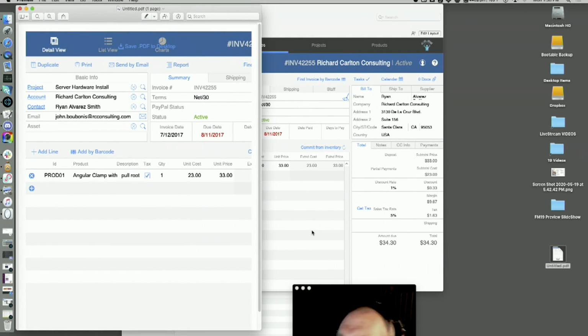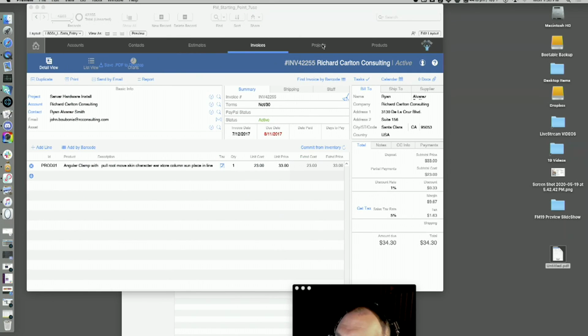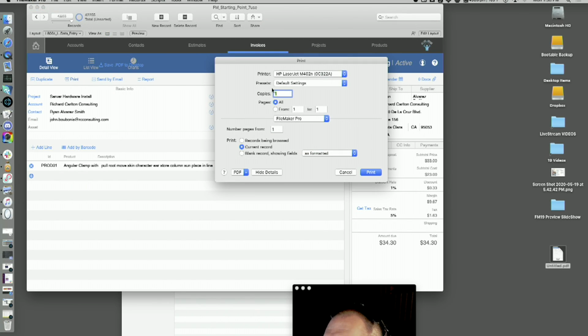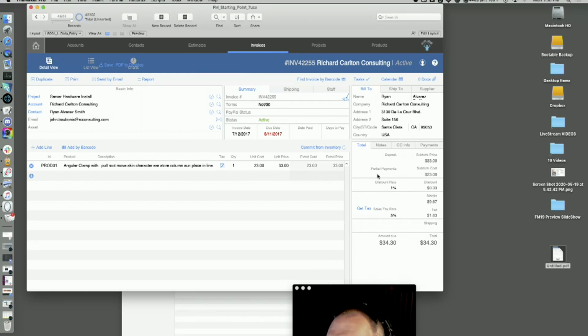Does it work? Yeah, technically great. Is it beautiful? Not so much. So what you do is the same idea with a report as an invoice. You can follow this process in here, but we say print it out, right? And you say, hey, let's print it. Now it looks like it just jumped to the print command, but I'm pretty sure it's doing more than that. You say print, and then it's trying to print it to my printer.